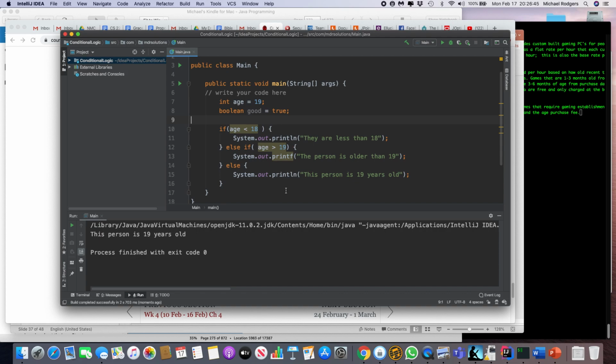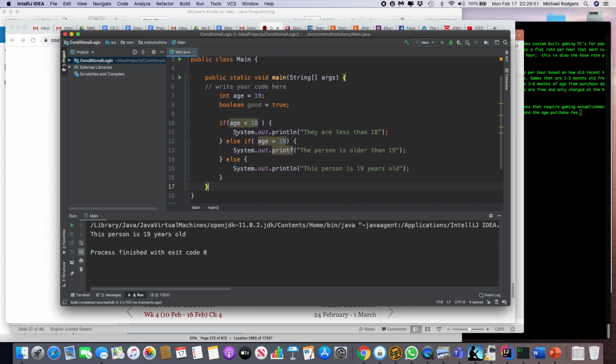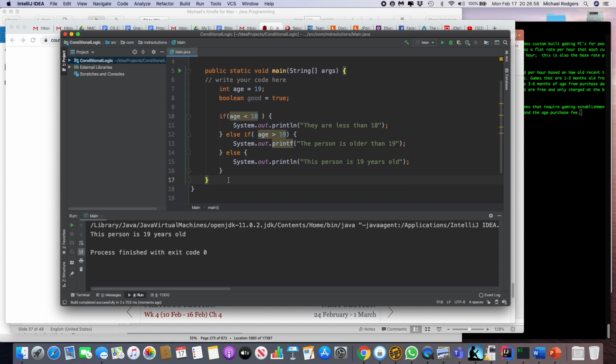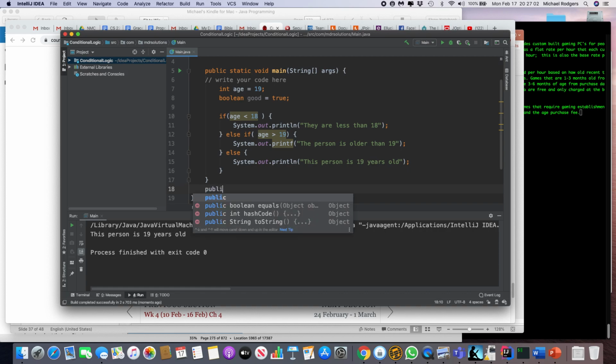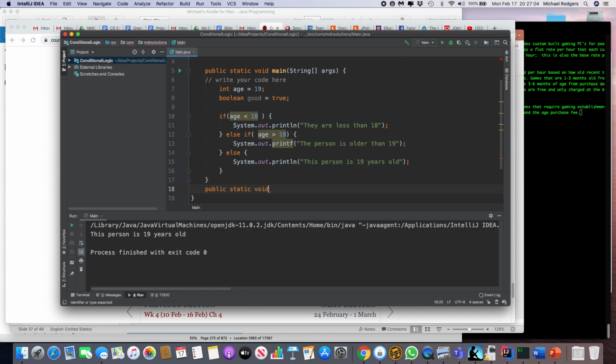And there you have it. Now we can also test this as well by using the scanner class, but for the purposes of this video I just want to demonstrate simple if-else logic. There's a number of other things that you can do in if-else logic, and that'll be the last thing we do for this video, and that is to add a public static void, and we'll just create a method